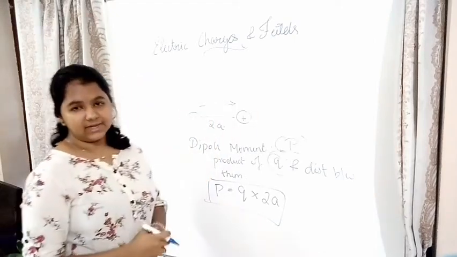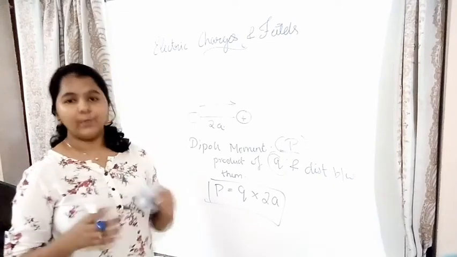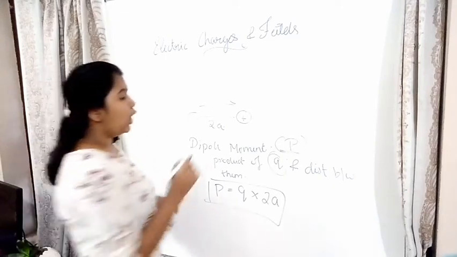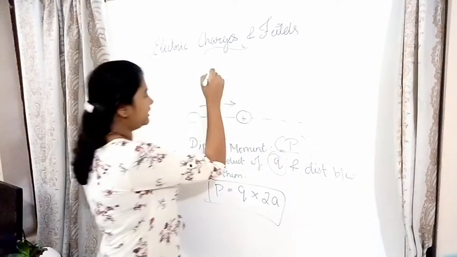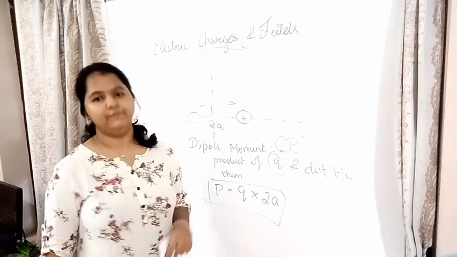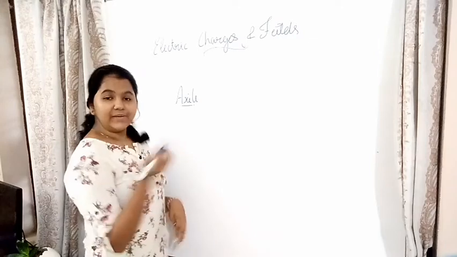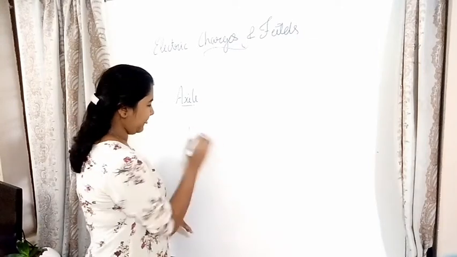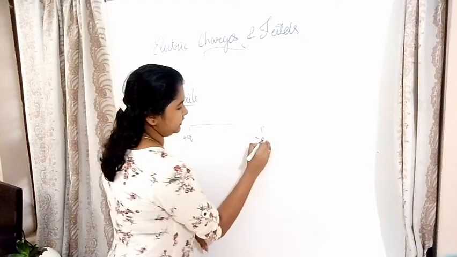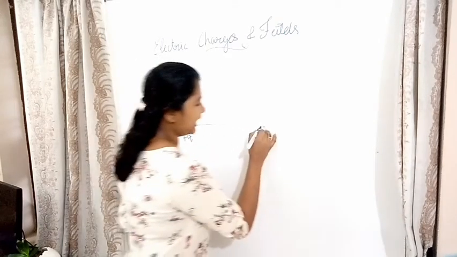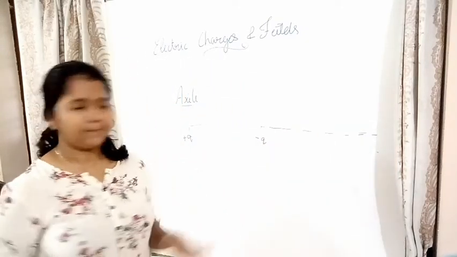So now we have to learn about the electric field intensity. We learned what electric field intensity is, no? Now we have to learn the electric field intensity on the axial line of a dipole, and on the equatorial line of a dipole. So let us see about it. For the axial point first. So we'll take an electric dipole. This is plus Q, this is minus Q. So the axial line goes like this, okay? This is the axial line.